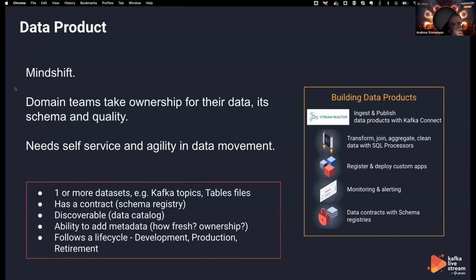Yeah, and this is what I find actually the key point here, building the data products, right? This is the mind shift, rather than saying, okay, there's a centralized team, go off, extract the data and put it into a data warehouse. The domain team takes full responsibility for ownership to do that. But they obviously need the tooling to do it. So they need to be able to build, to ingest data, right? They need to be able to publish data. They need to be able to transform data. We can do that with our own SQL process as well. Maybe they want to write their own applications to it. And more importantly as well, they also need to be able to monitor it.